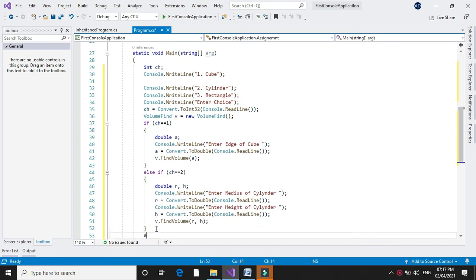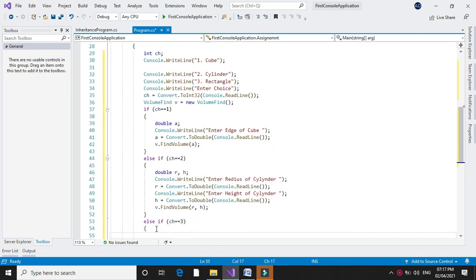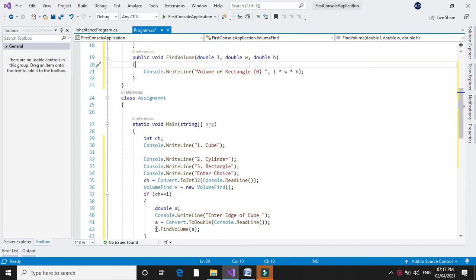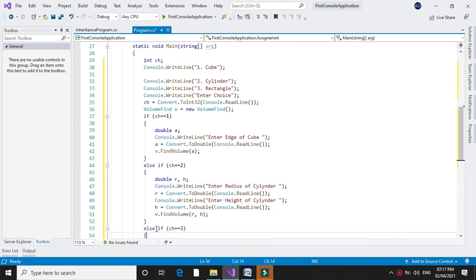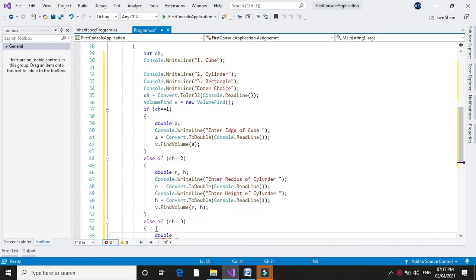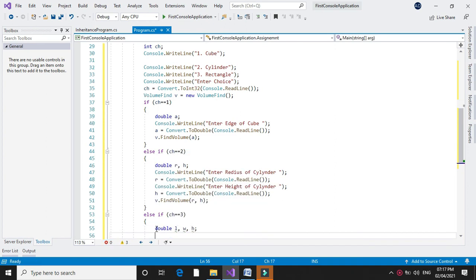Next we will check if ch equal to 3, we will find the volume of rectangle. For this we will require three parameters, length, width and height. So we will declare three variables, then we will accept them.